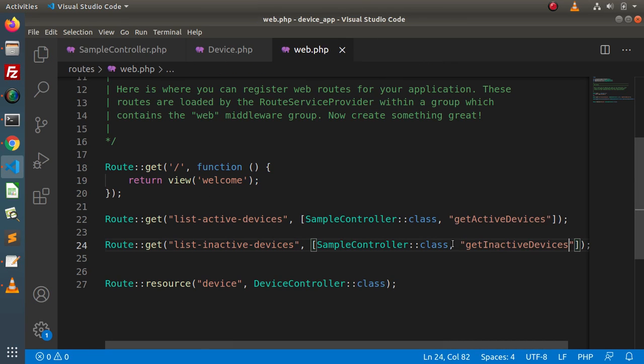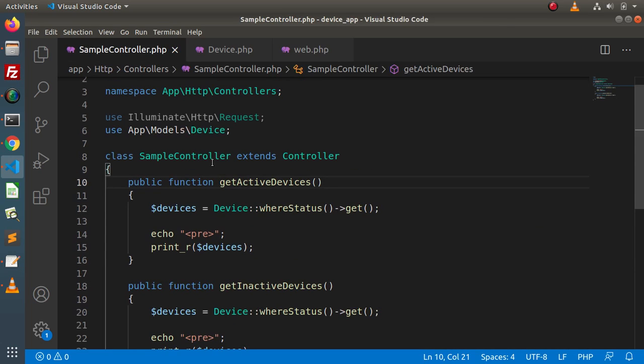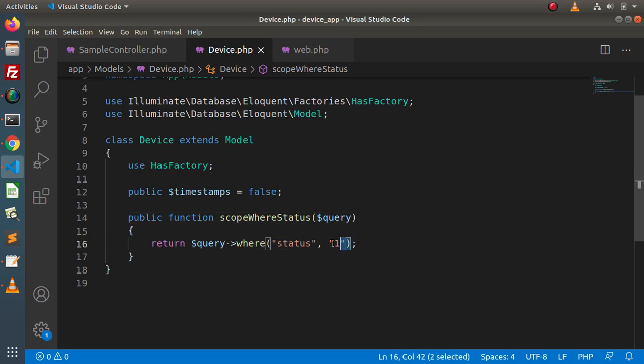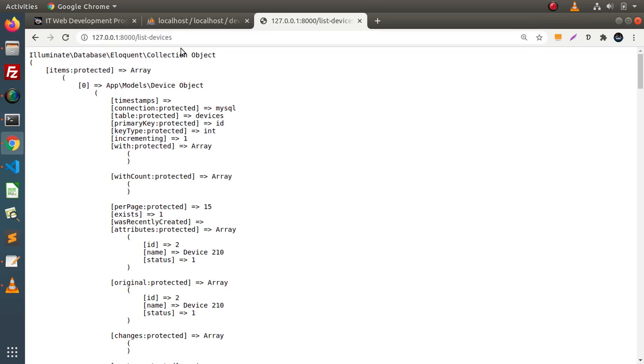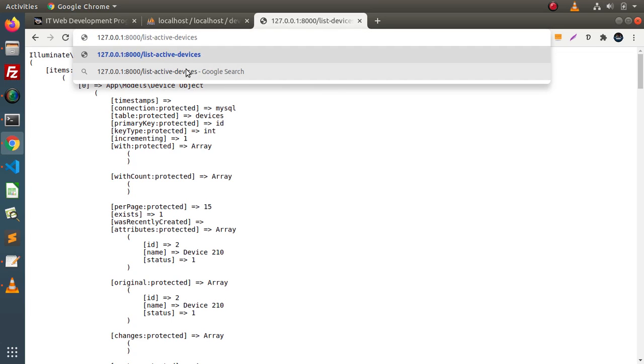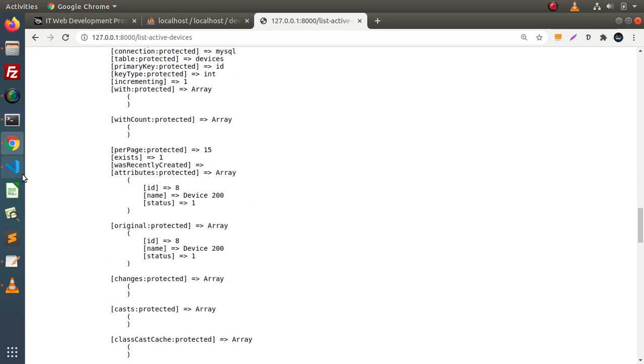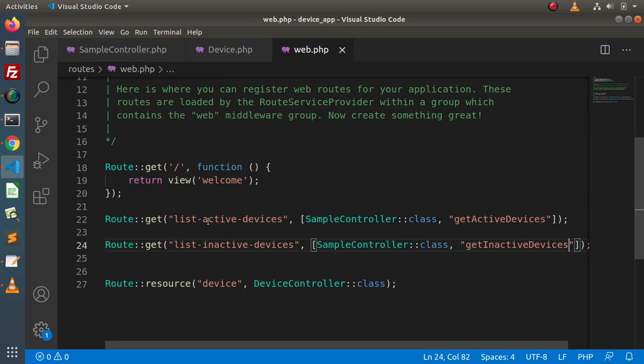Now here we have two routes which are pointing towards two different methods of this sample controller. Let's assume we have two or more than two methods inside this sample controller, but this time we can use the scope method while calling this model. We are using the same where conditions that we had written inside this scope method. Now save this change, go here, this is list hyphen, let's say active devices. Now we are getting the same data that we had seen before, and again, instead of list active devices, if I type list inactive devices,